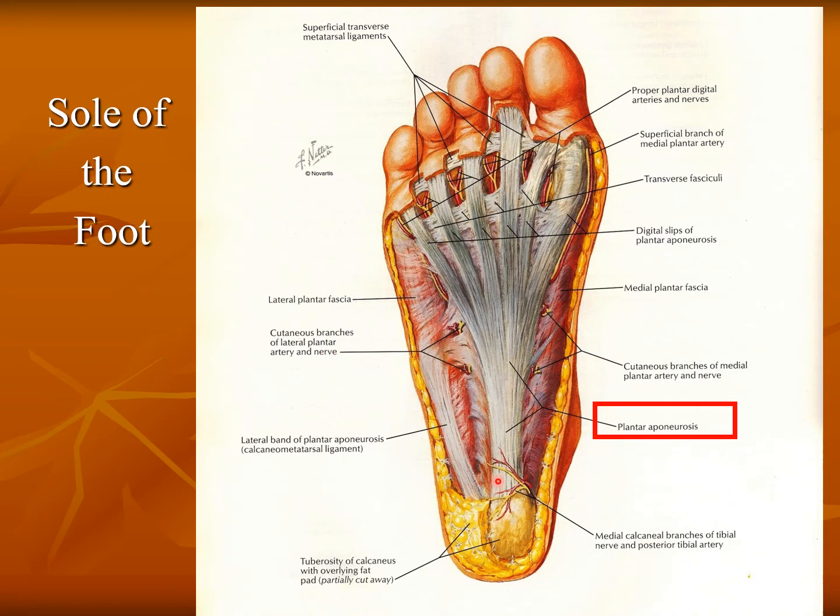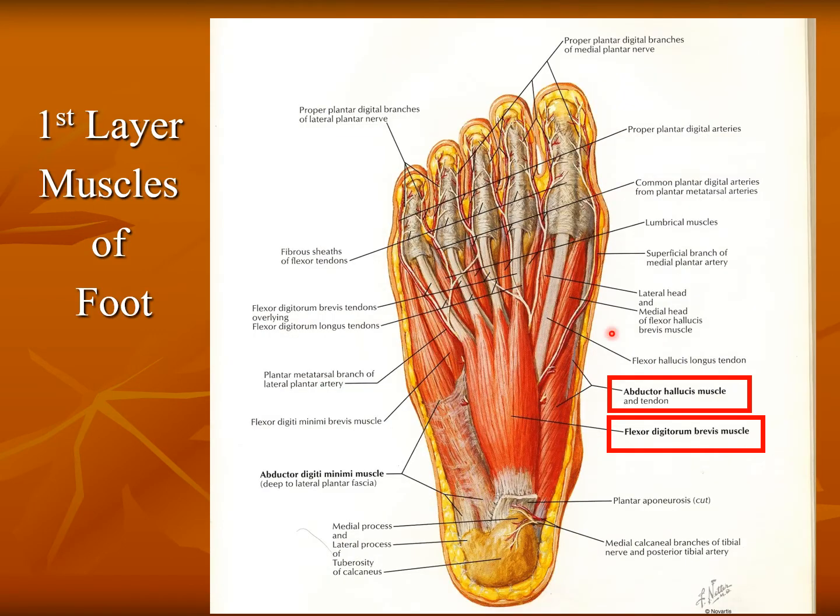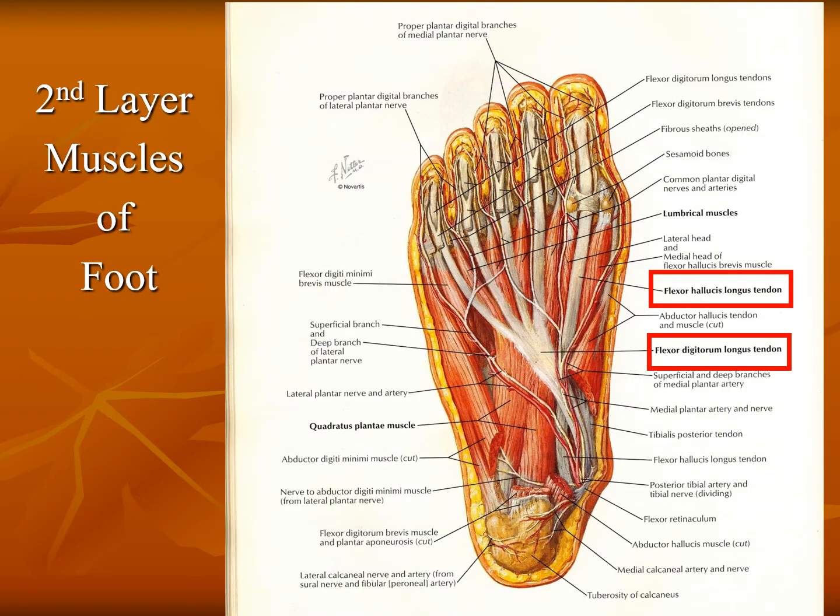So this is our plantar aponeurosis in the sole of the foot, which also helps in maintaining the medial longitudinal arch. Along with the plantar aponeurosis, we have muscles. Abductor hallucis, already in the sole of the foot. We have talked about these muscles. So these muscles, abductor hallucis and the medial part of the flexor digitorum brevis, also help in connecting the bones together, in maintaining the shape.